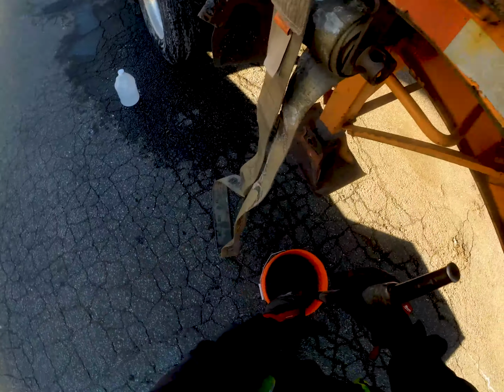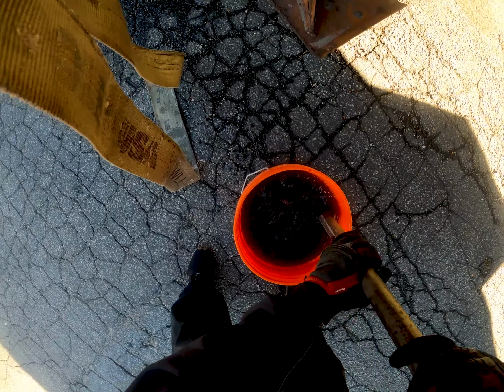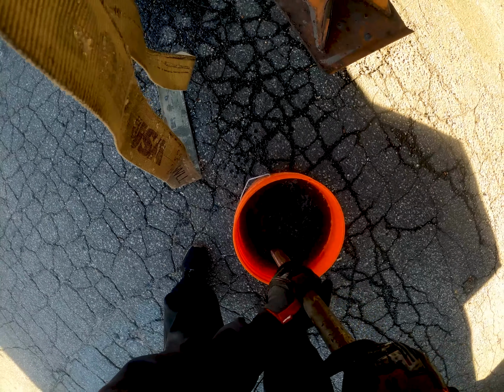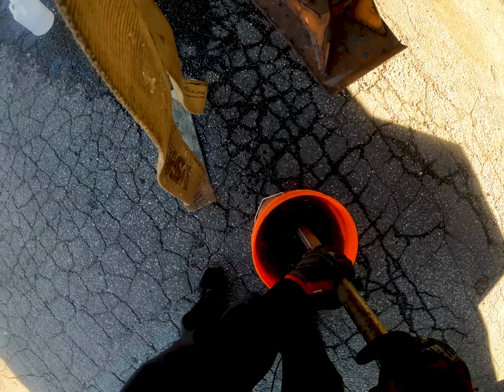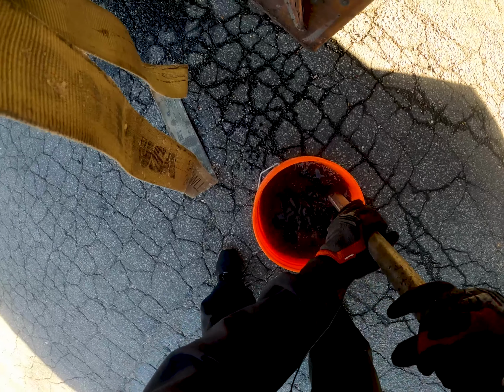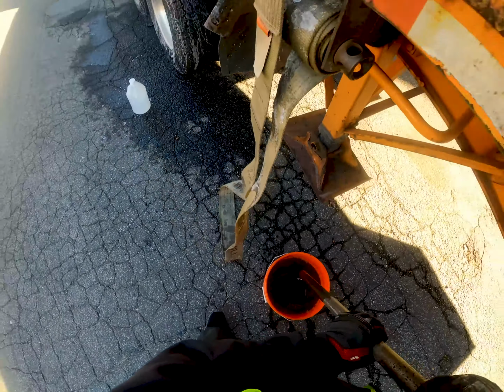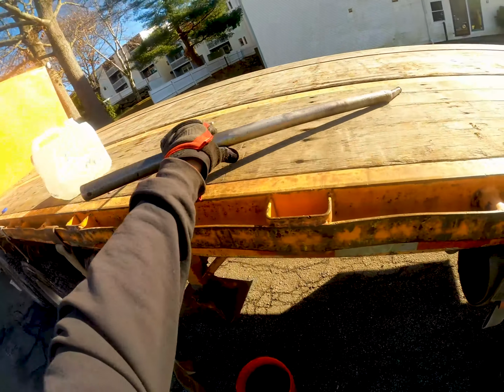So yeah, I'm just stirring this up. If you have a power drill, that'll be ideal, but I'm trying to be somewhere in between ideal and practical. I'm just showing you guys the method, using everyday tools that I would already have in my truck, and I added a little bit more salt to that,